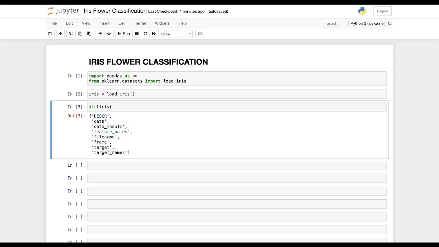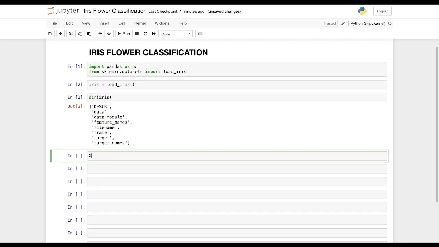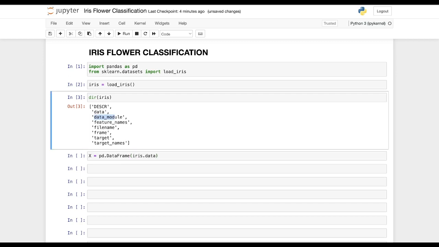To create our data frame, we'll say X is equal to pd.DataFrame. Here first we want the data to be loaded into this data frame. The dataset into which we have loaded it is the variable iris, so we'll say iris.data. Data is present in the iris dataset. And then we also need to name the columns. If we don't provide any column names, then it will assume some dummy values there. So we'll say columns is equal to,